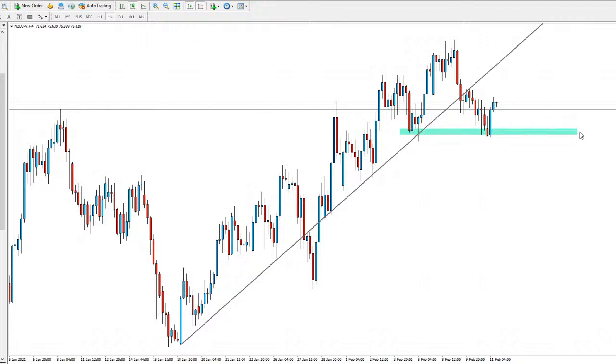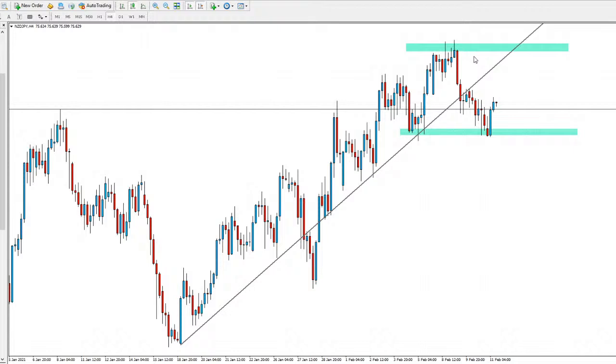Probably wanted to have seen that support break for us to really get a reversal going, because this is the previous swing low. So again, we could easily find support here and see another push back to the highs potentially if we do hold into that support. And for now, again, we are getting some strong impulsive candles from that support, so it does look like we are holding and could be seeing price continue to come and test the highs all the way up here potentially, just because we're holding onto that support.